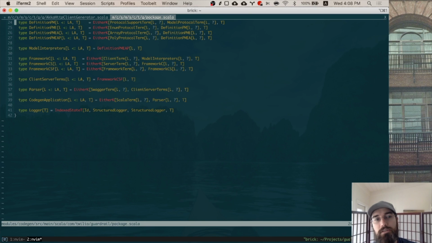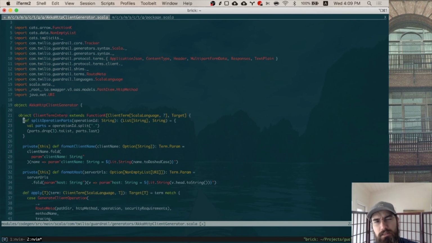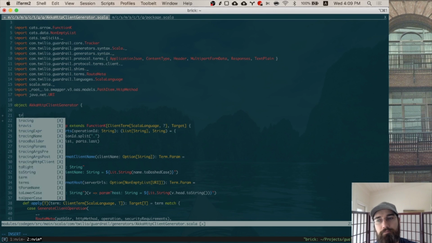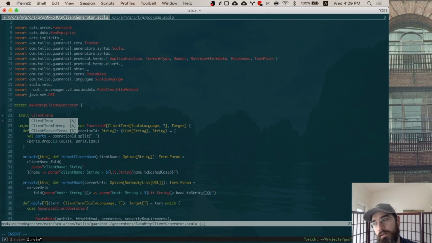So the motivation is to collapse these all back down into effectively straight function calls that are bounded by some other type. So bounded by the type constructor for whatever their interpreter is implemented against. So very similar to how we are implementing client term to target here. What we would end up with is something like client term TF, F